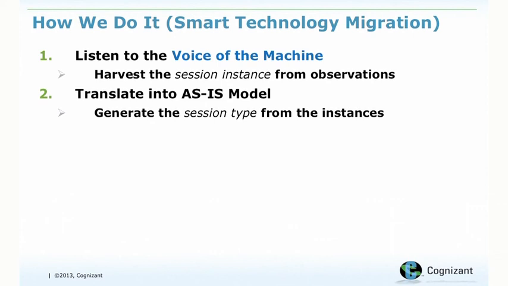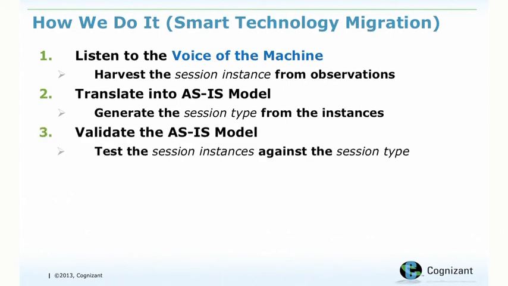we can actually generate what we call the session type, which is the model from all of the instances that we've got. And obviously the more instances we have, the more robust that model is, that session type, in representing what actually the voice of the machine has told us in terms of what it's able to do. And we can validate that as-is model, the session type, against the session instances. So we can test all of the session instances, the business transactions, to make sure that we've got the correct